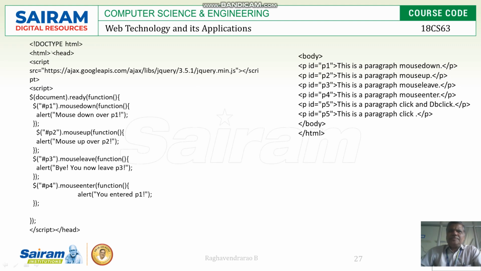Now here is an example being shown. This is a jQuery example with Ajax included. The program starts with the doctype HTML, then HTML, head, and script. Here jQuery is included, and you can see it is fetched from the source and used. Here the script ends, and you can see another script is there here, dollar